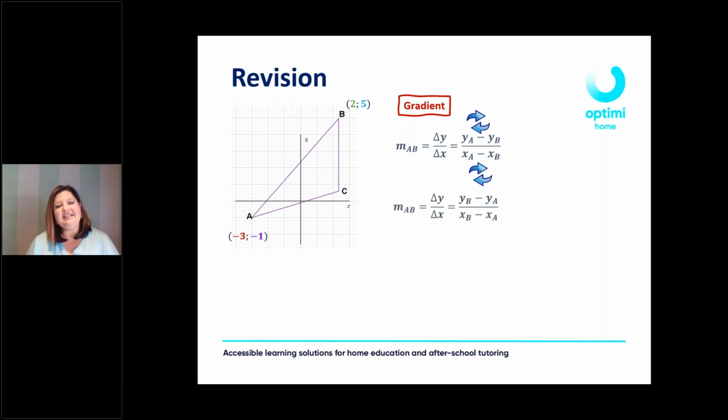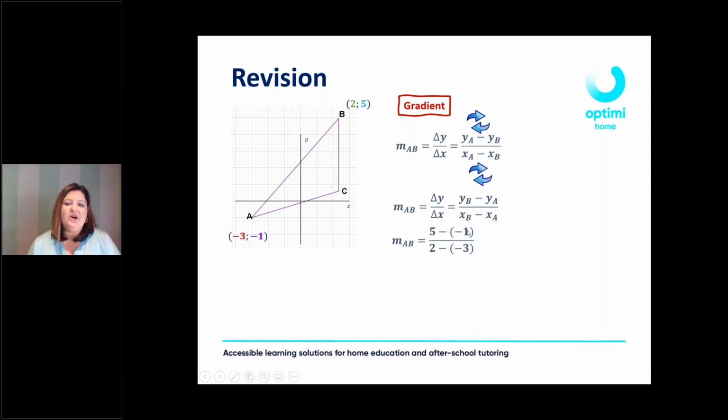Right, so for this example, just to take you through it, I am going to use my B coordinate first. So I'm going to look at the y value of B minus the y value of A over the x value of B minus the x value of A. And then you're just going to substitute in the values. So here again, why we use differences is now that we have subtraction signs, minus signs, which will influence actually in the end. So my y value of B is 5